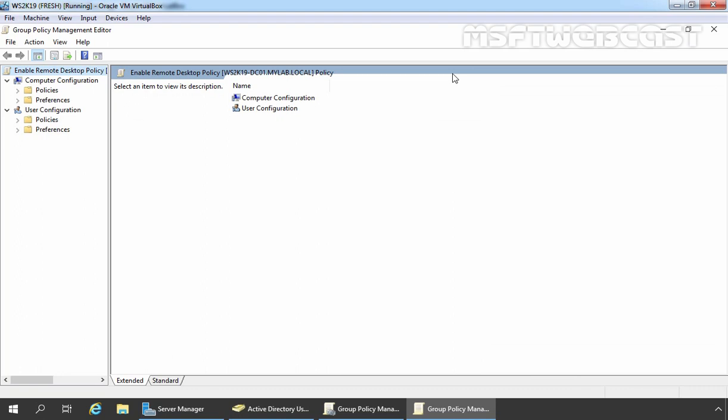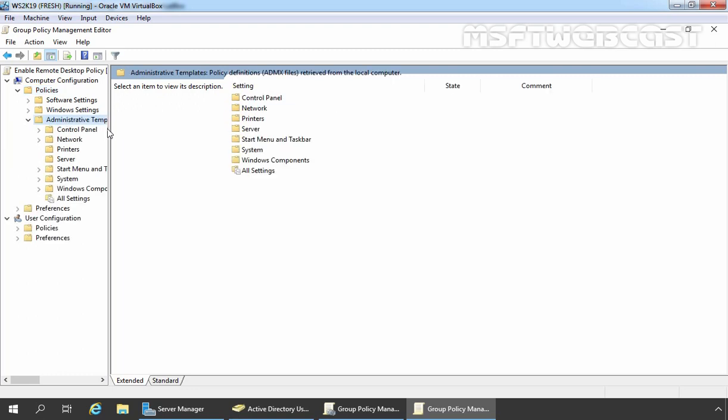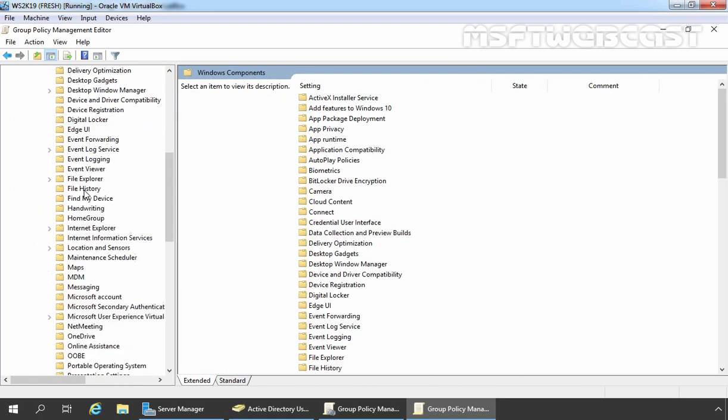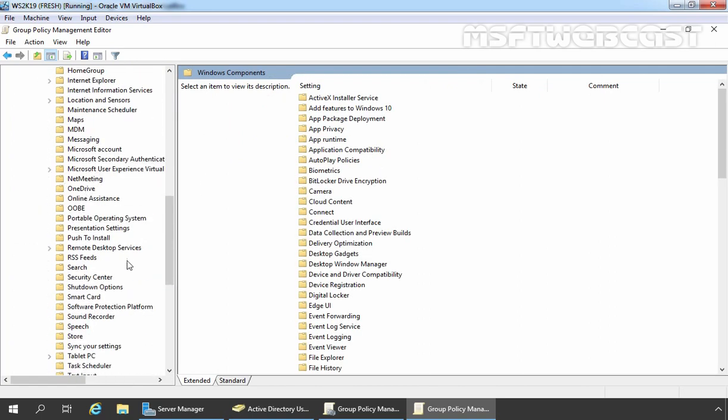Remember, the group policy settings related to Remote Desktop Protocol are available under Computer Configuration. And that's why we need to click on Computer Configuration, expand Policies, then expand Administrative Templates. Then we need to click on Windows Components and we need to find Remote Desktop Services.